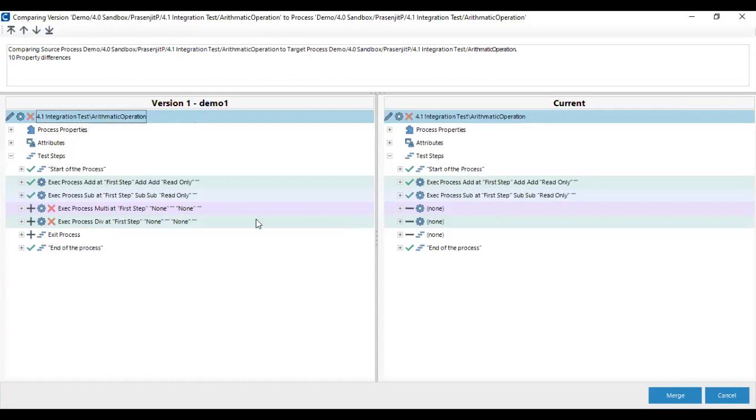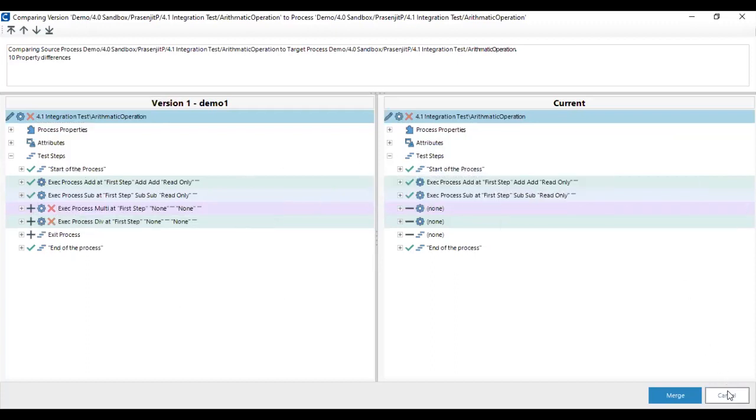But on the right hand side, in the current version, you can see there is none, none, none for these 3 steps, right? So you can easily compare that. Previously it was like that, and now the process is like this.